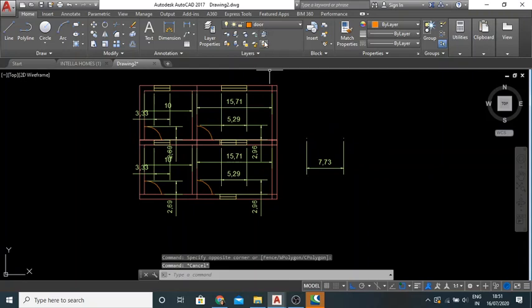The last option is match layer. For example, I've created something in the default layer.